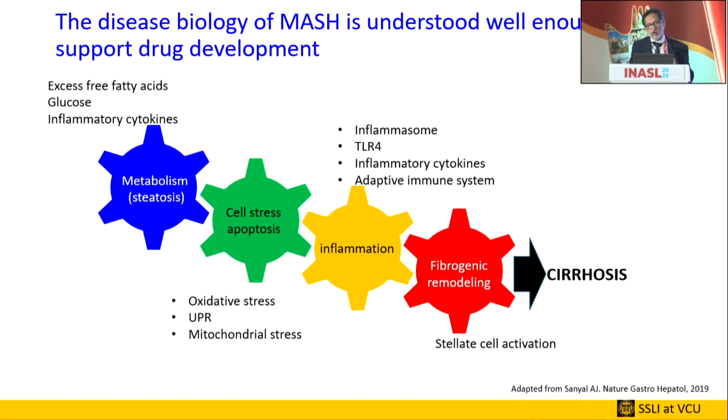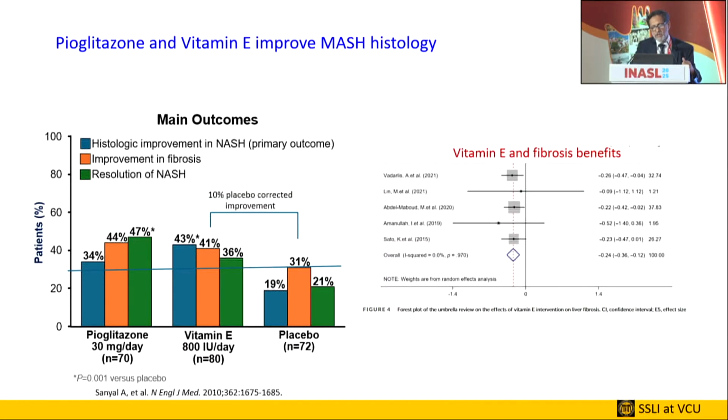And now we have a good paradigm for how the disease develops, and Harmeet showed this very nicely with the metabolic stress, with the lipotoxicity, injuring the cells, producing sterile inflammation and fibrogenesis. And there are now targets that are available for all of these different steps in the biological cascade that allows disease development. So starting with the oldies but goodies, you have pioglitazone and vitamin E.